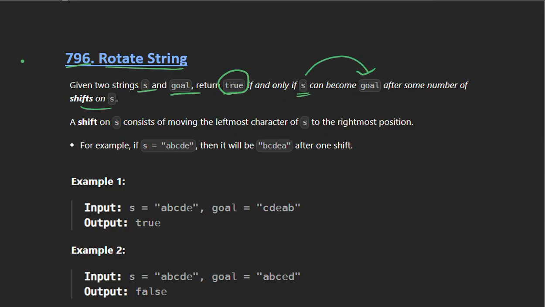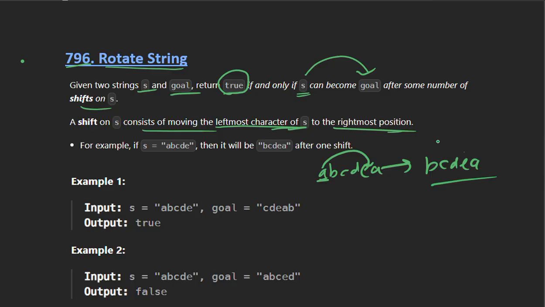What is a shift? A shift consists of moving the leftmost character of s to the rightmost position. So suppose if our string s is a b c d e, then after one shift it will become b c d e a. So we have picked the leftmost character and pushed it to the rightmost place, right? So this is one shift. So we have to try out all the shifts on the string s and check whether s can become equal